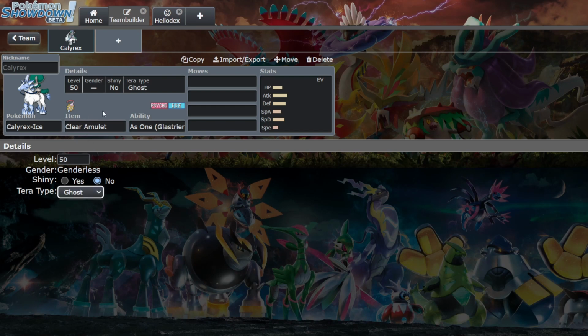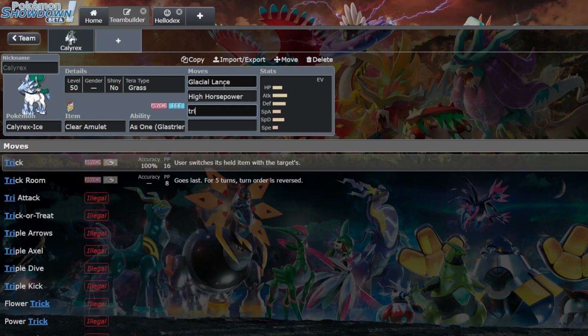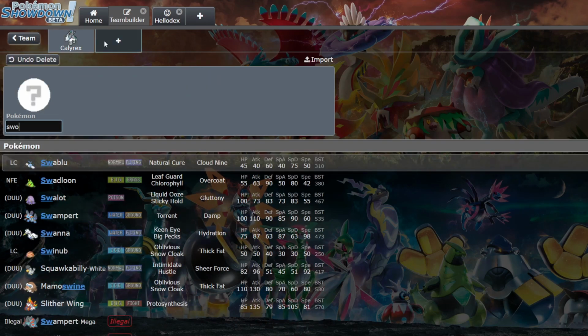You could run Terra Ghost, I guess. Wouldn't, though. I'd probably just stick with Grass. Amoonguss is much more prevalent. It's like the biggest counter to Calyrex, and you just get rid of that. And you run Glacial Lance, and you run Trick Room, and you run Protect. And now, Calyrex Ice has lost its main weakness from Sword and Shield, and you pair it with...